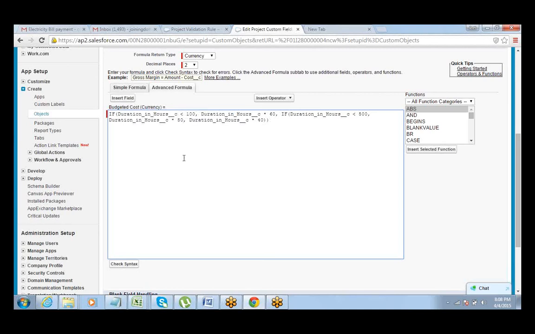Now let's see how many of you can finish it off in the next 60 seconds. Don't copy this duration in hours, because your field name can be different from the field name here. You might have given a different field name. So try to insert the field name from here. Rest everything you can just copy from here.